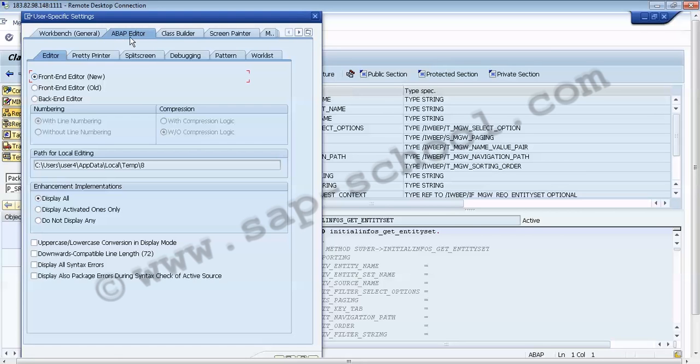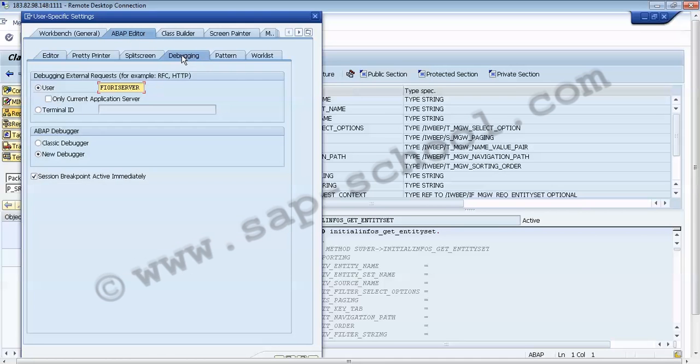Then here we have to go to the ABAP editor, and in the ABAP editor we have the debugging area. This is my debugging area. We have to make sure that the user is our logon user here. In this case we have logged in using the Fiori server user. The same we can see under this logon user. After that we have to close the user-specific setting box by choosing the cross, and then we have to choose the get entity method.